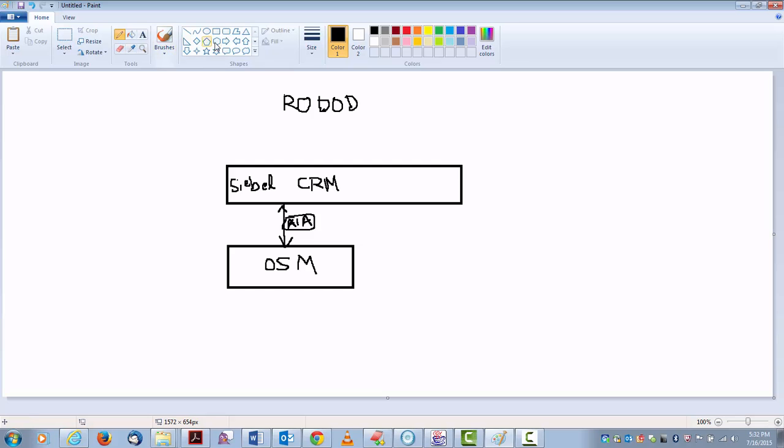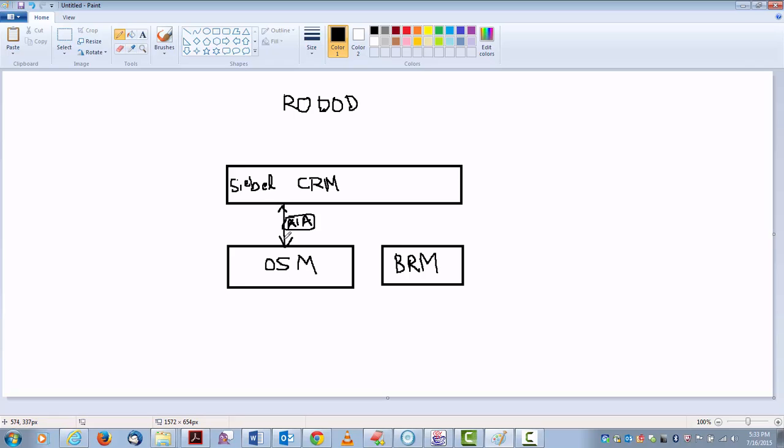Then other than OSM, there is a billing system which is Oracle BRM. So OSM, when it orchestrates or does the order delivery, it will talk to multiple systems to complete the order journey.